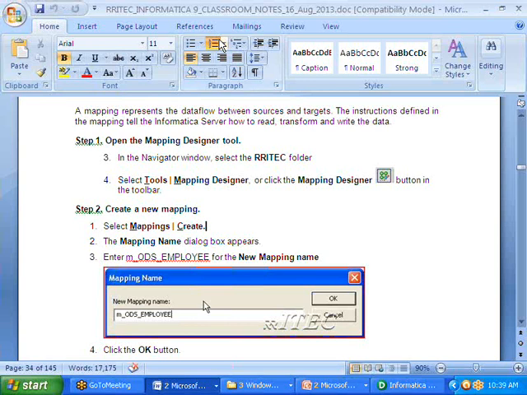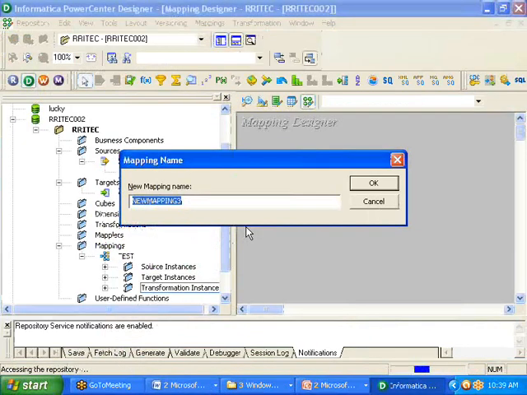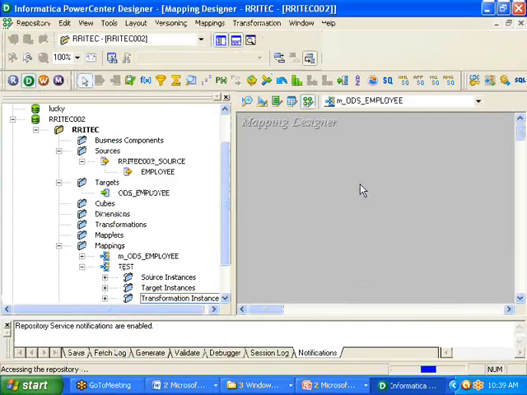While you are giving the names, I recommend you use whatever names I am suggesting here. Why? Because down the line, in some other exercise, I may ask you to go and modify this mapping, and at that moment if that mapping is not available, it is a problem, right? Try to use the same names I am suggesting here. Of course, you can use any names, but to follow my notes, you need to utilize the recommended names. Standardization is that we always use m as the starting letter, a small letter, and ODS underscore employee is our target table name. We will use the target table name as the mapping name.